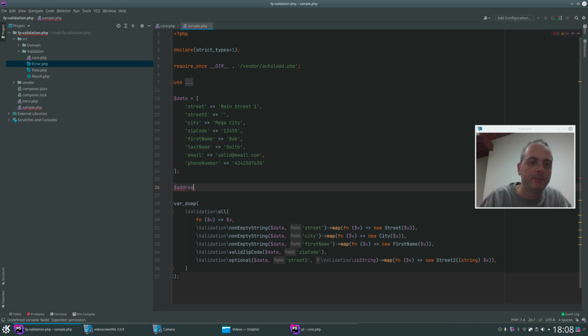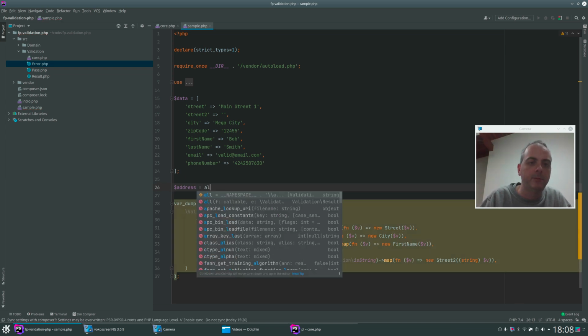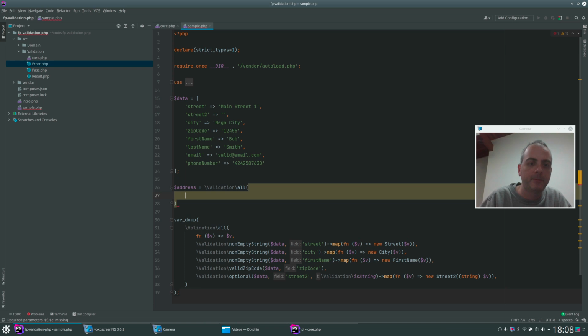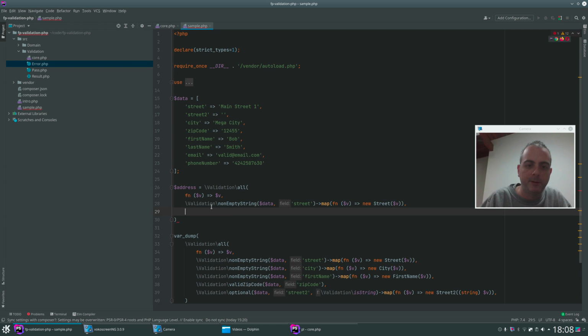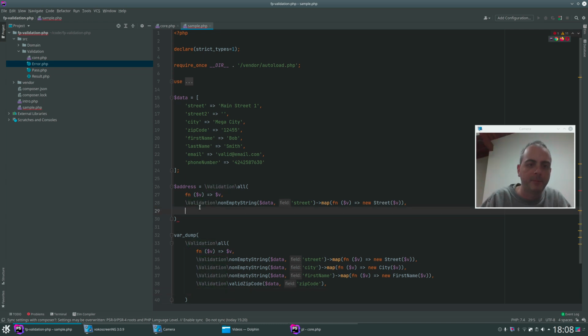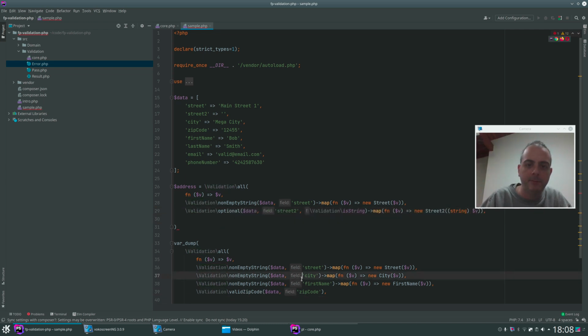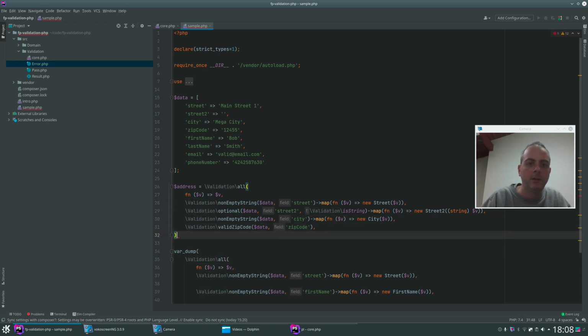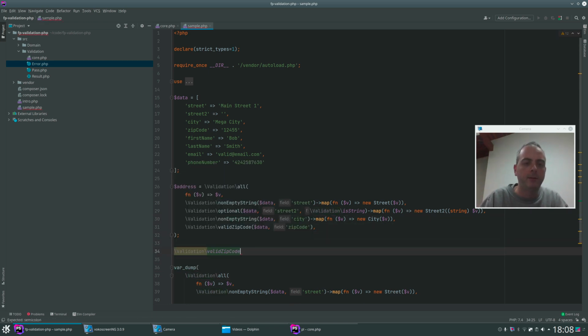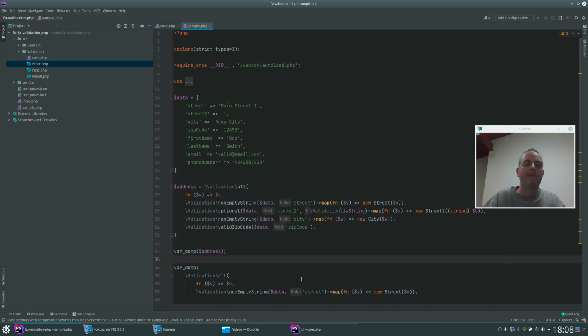Address is equals to all. Let's copy this here real quick. And we get the street. Then we get street 2, which is optional. Then we have the city. And we have the zip code. And this is var_dump address. And then we have